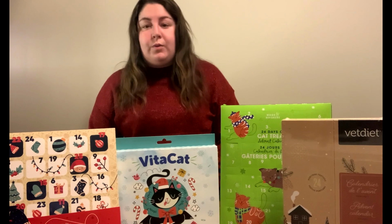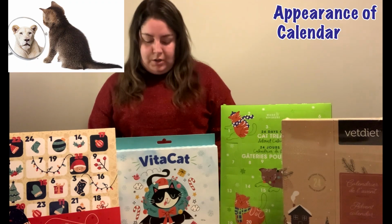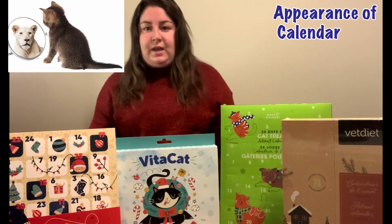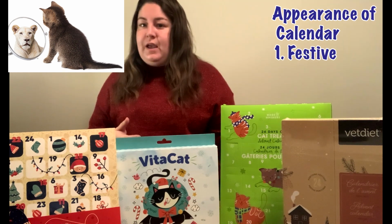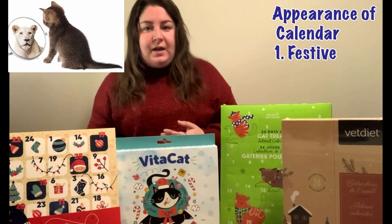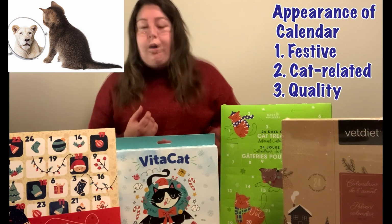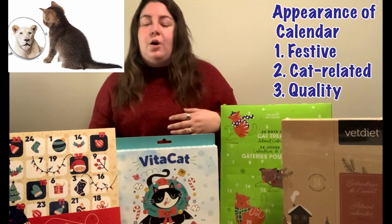All right. So first, we'll be judging each of the calendars on appearance. The 3 things that I thought were most important about the appearance of these calendars: how festive is it? Does it reflect the holidays and the spirit around that? Is it cat related? Basically, is there a cat on it? The quality of the product in terms of the cardboard, how easy it is to open, any other functions